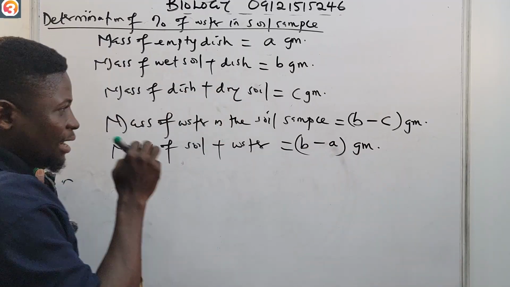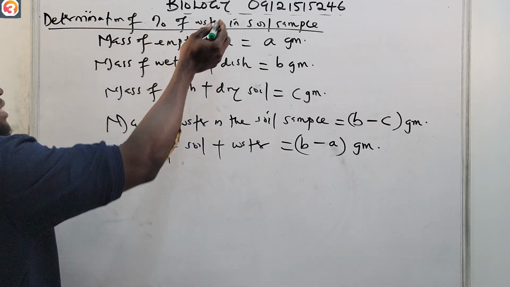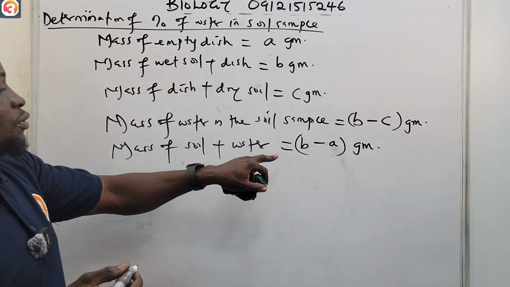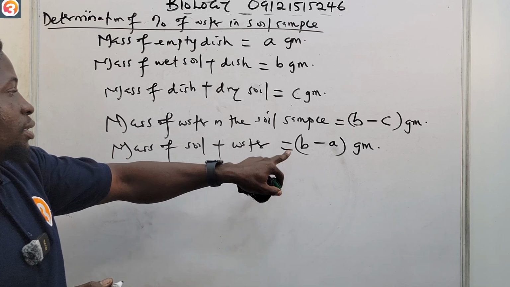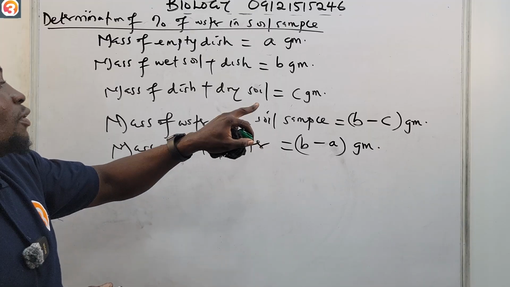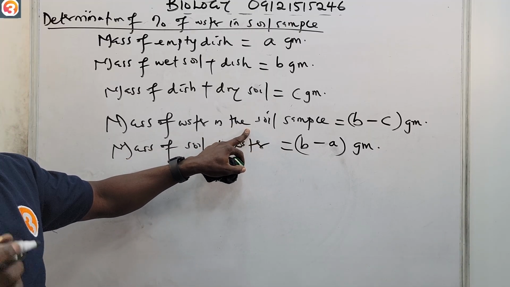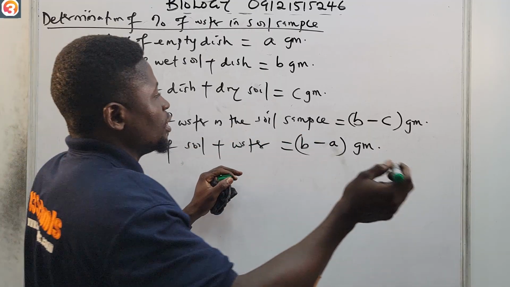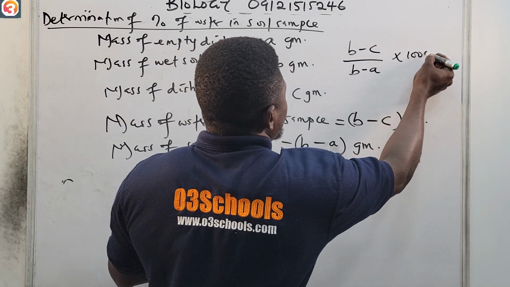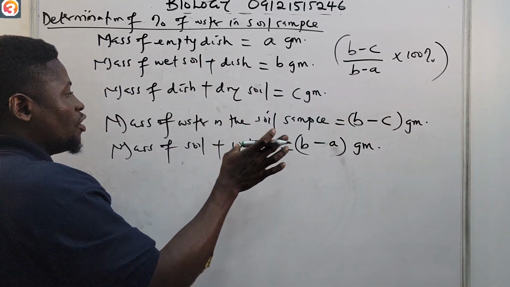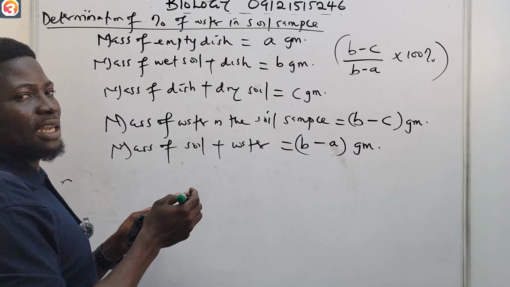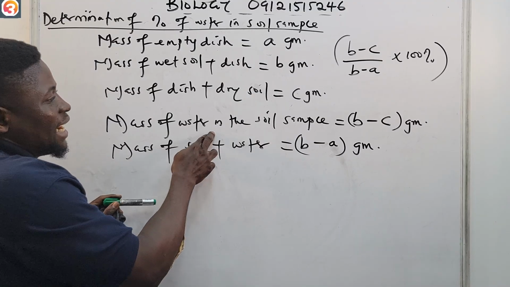This is in gram. Now, we'll determine the percentage of water in the soil sample. That will be the ratio of the mass of water in the soil sample over the mass of soil plus water. So that means we're going to have B minus C over B minus A times 100%. The ratio of the mass of water in the soil sample and the mass of soil plus water. Since the mass of water in the soil sample is